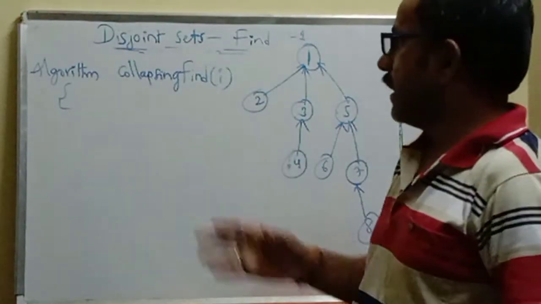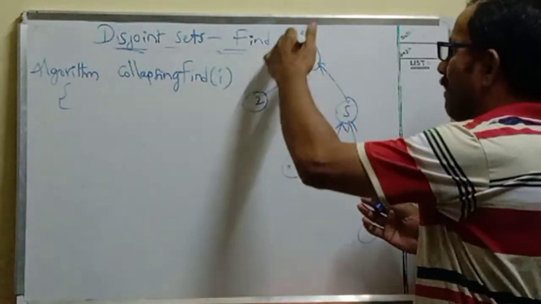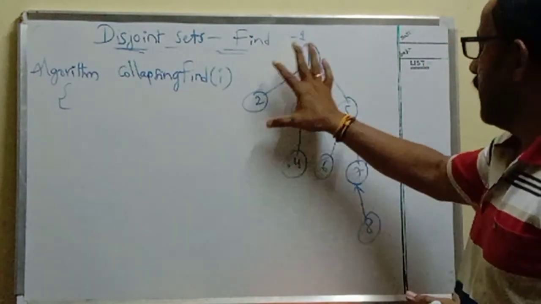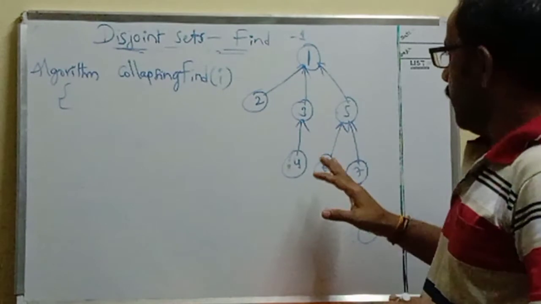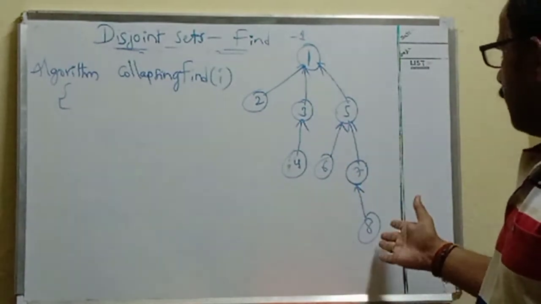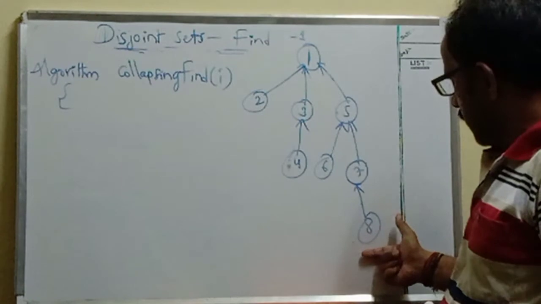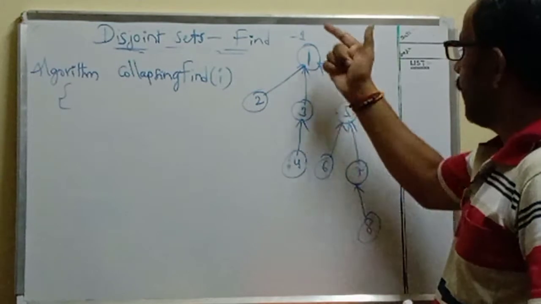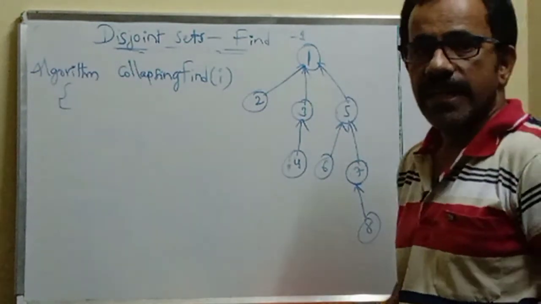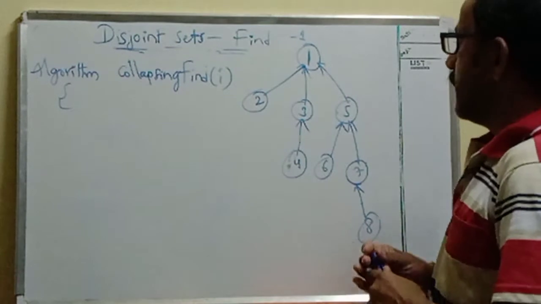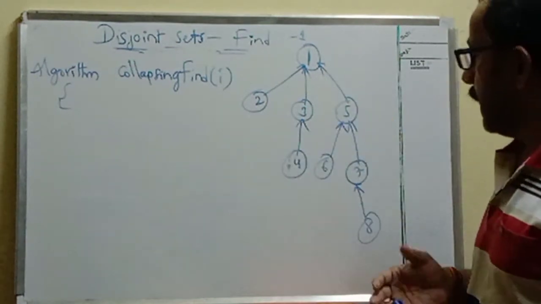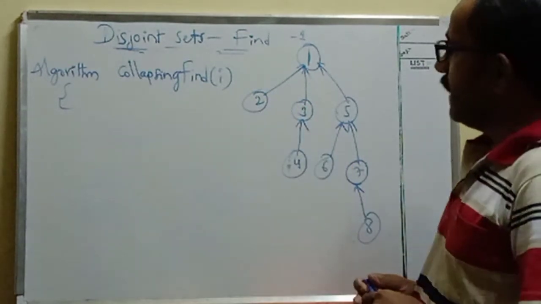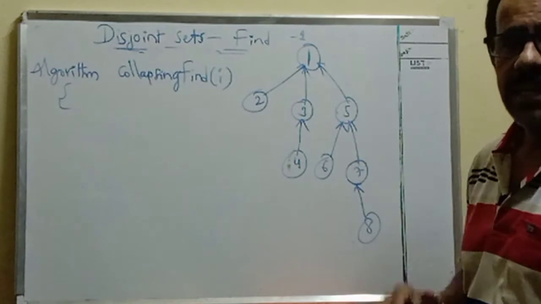In simple find, we have seen there is no updation in the architecture. Suppose you apply find 10 times, you have to apply that find operation on this entire architecture only. Even if you apply find of 8 n times, we have to start at the lowest level, traverse all the levels between 8 and 1, and finally reach 1. So the aim of find is to return the root node only. But here I am going to explain one beautiful concept, that is collapsing find. Initially, it is like simple find only.